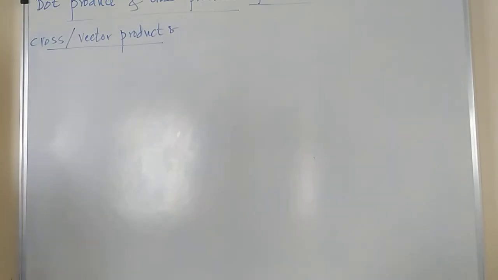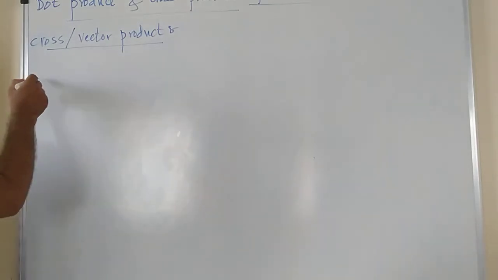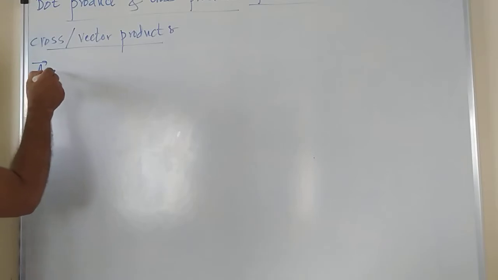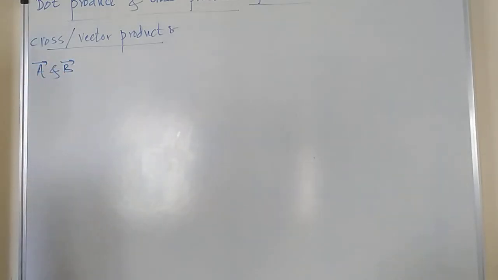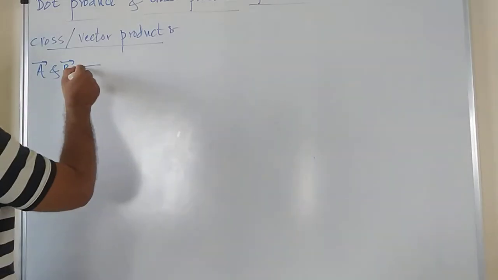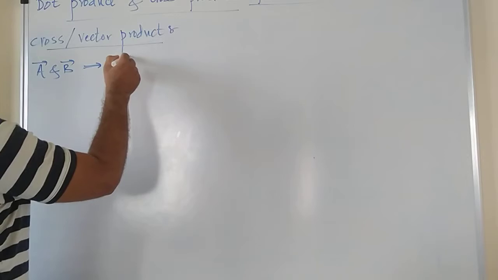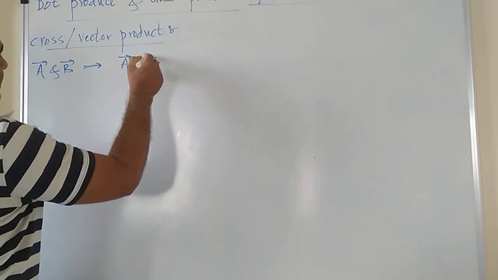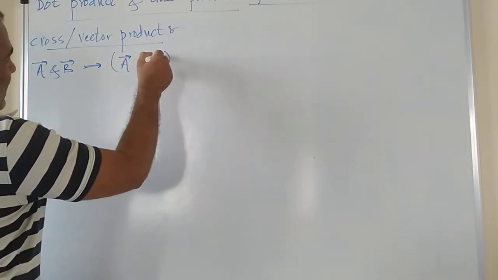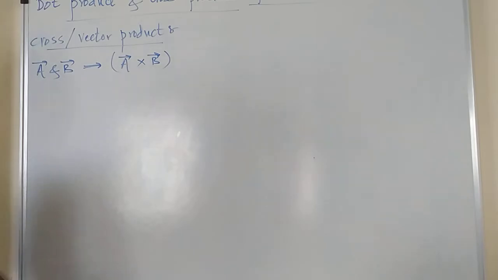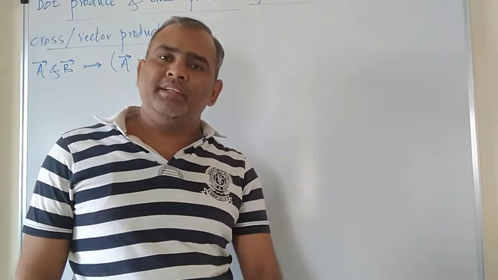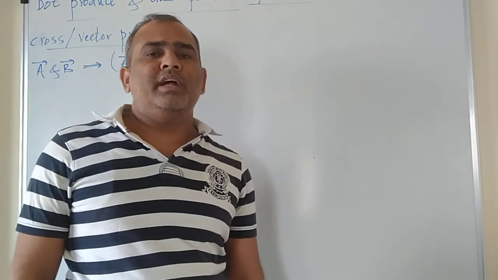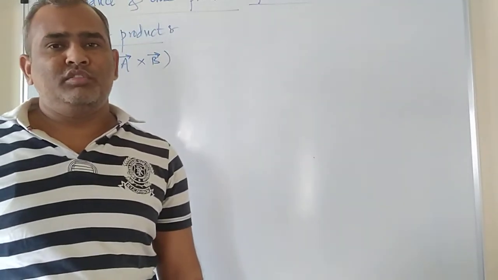Now what is the vector product? Scalar product we have studied. Now consider the two vectors A bar and B bar, and the cross product of two vectors is represented with a cross sign in this way. It is called a cross product only when the multiplication of two vectors is a vector again. Then this kind of product is called a cross product only.